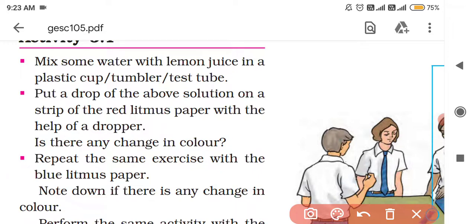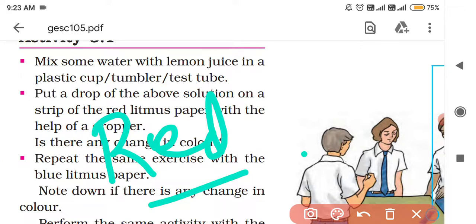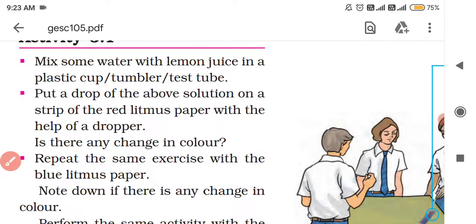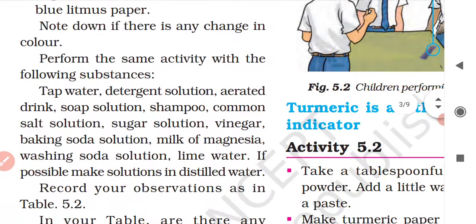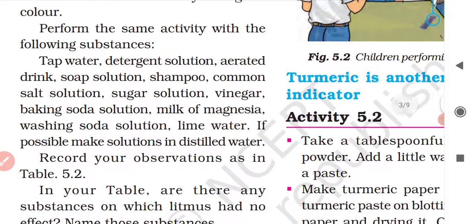Yes, there will be a change in color in the case of blue litmus paper. When an acidic solution is added to blue litmus paper, the color of the litmus paper will change to red. Now perform the same activity with the following substances: tap water, detergent solution, aerated drink, soap